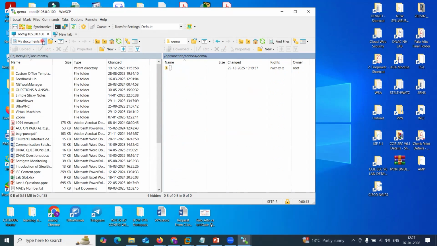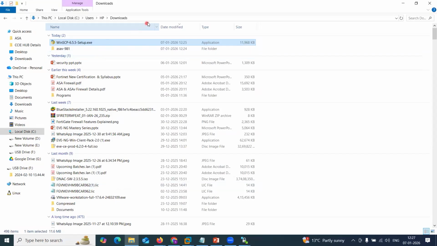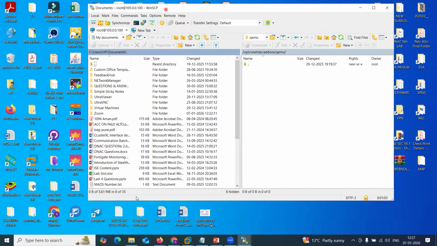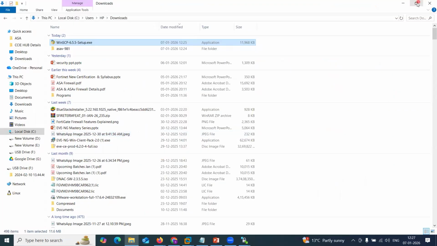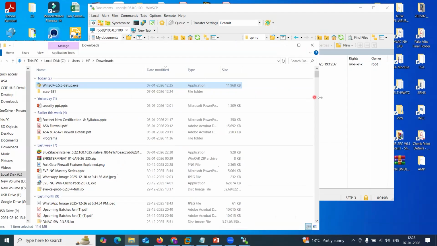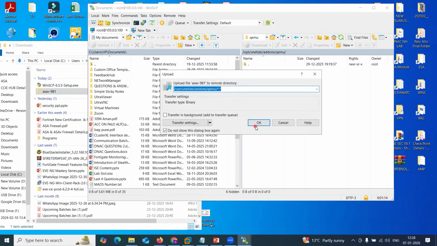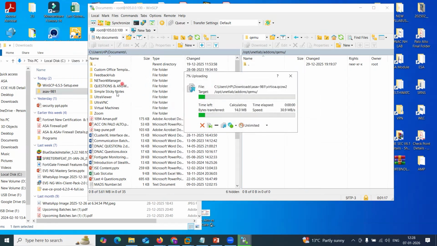So we go to our download folder wherever we had downloaded. Simply I'll do one thing: I'll go to this particular location, downloads, and copy this link. Or else you can do one thing: you can directly take this folder, keep it side by side, and drag and drop it directly. This way also it will work. So you don't have to struggle to find where my location is. This is the short way you can do it.